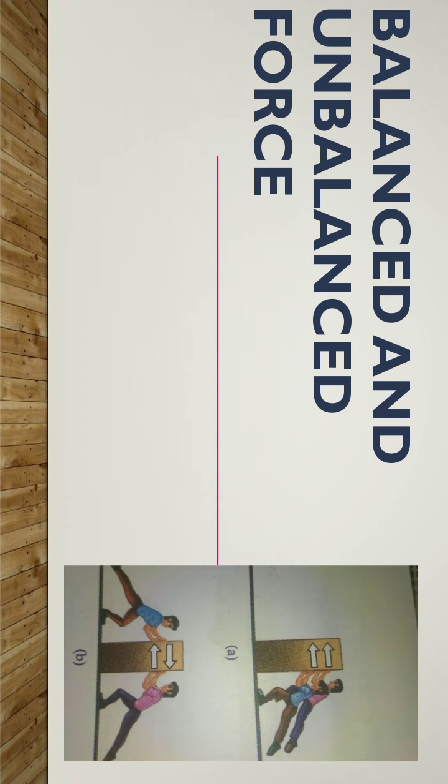So we will get an idea about direction and the amount of force, or its magnitude, with the help of this topic. You can see the two pictures given here. In the first picture, two persons are applying force on a big box in the same direction. In the second picture, the two persons are applying force on the big box from opposite directions. By the help of these cases, we will get an idea of unbalanced and balanced force.